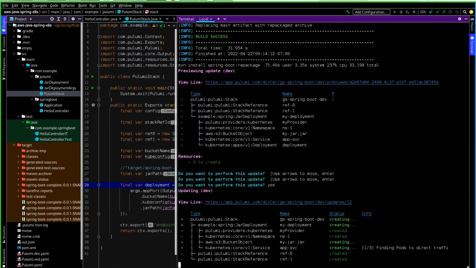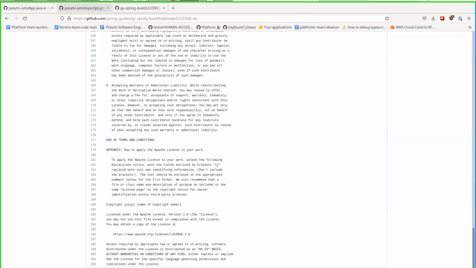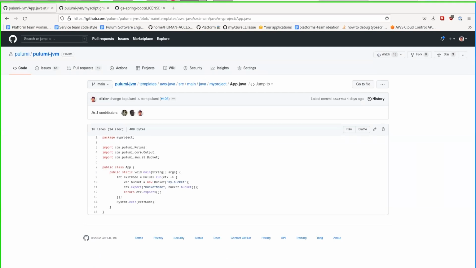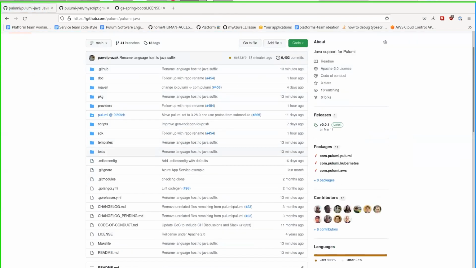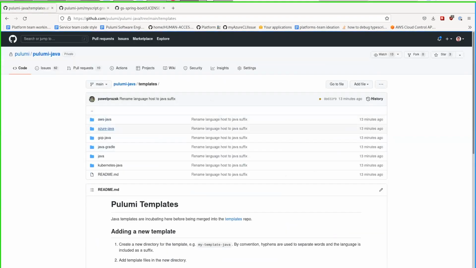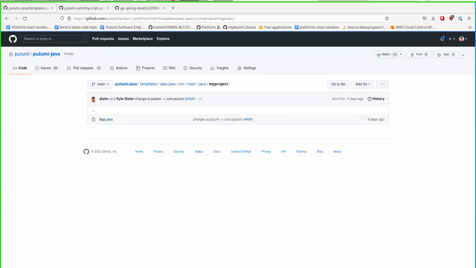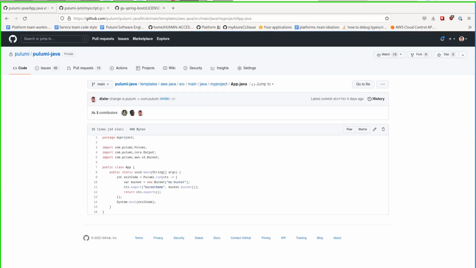So while this is deploying, I guess I can open up the Pulumi Java repo. And if you look here, you can see that we have some templates available. Yeah, so we have some templates available, AWS Java, Azure Java, GCP Java, and so you can run Pulumi new and use these templates.